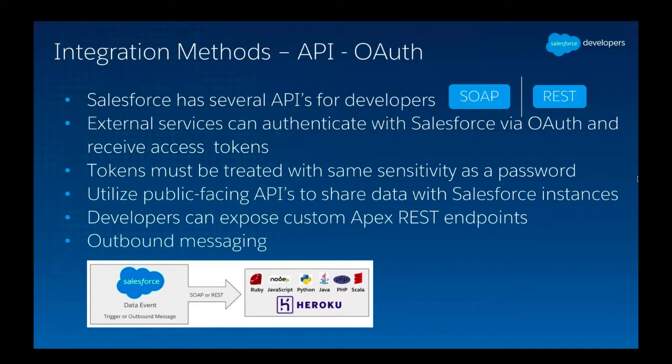One other point that I want to talk about is outbound messaging, and developers can expose custom Apex REST endpoints. What that means is you can use the already included REST API within Salesforce, but you can also create new custom Apex REST endpoints within Salesforce. We mostly suggest that you stick to the API provided by Salesforce, but if you still need to write a custom API or expose REST endpoints, you can do that too, and you can use Apex callouts to push and